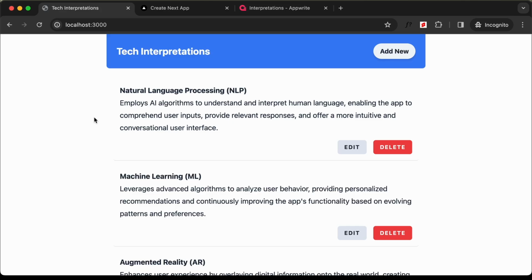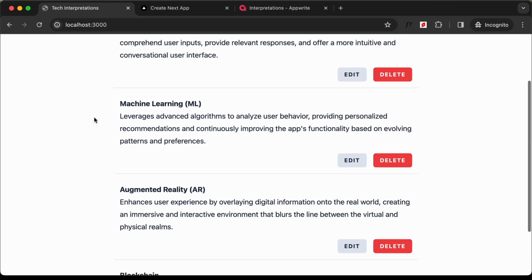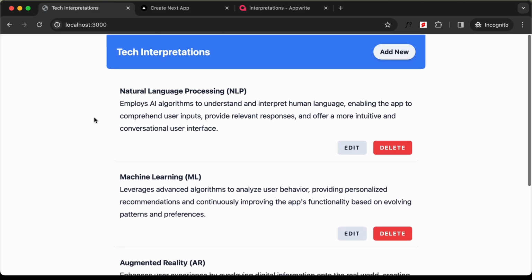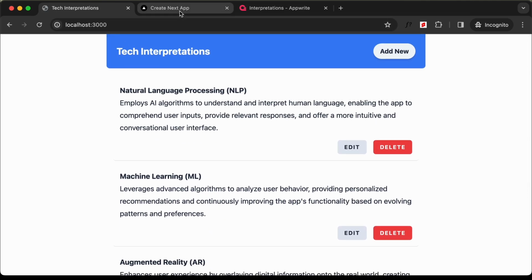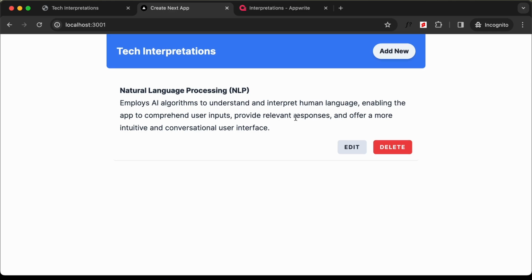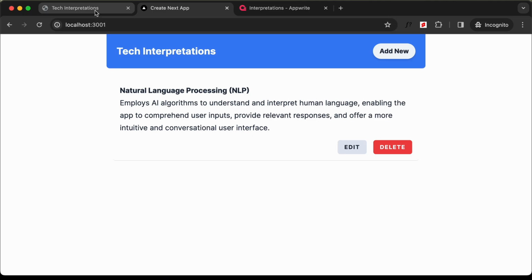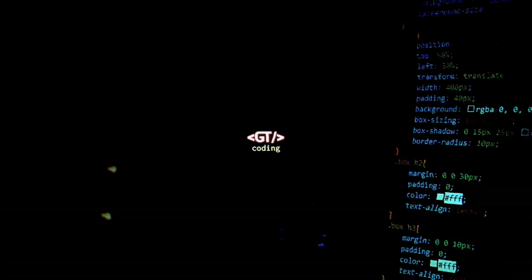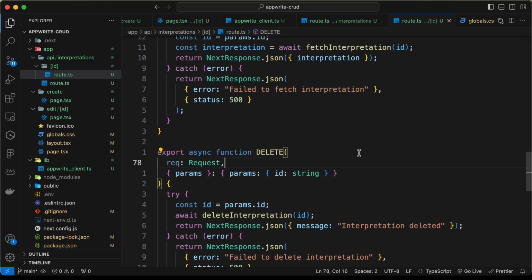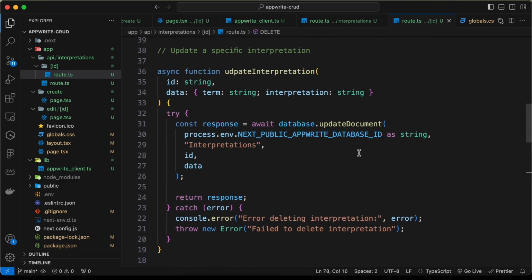In this tutorial series, we are creating this simple CRUD application using Next.js and Appwrite. Now in the previous video, we created the UI of the application and this is how it looks. Now in this video, we will start connecting the front end to the API. So let's get started. Right here, I'm in the source code and let's start by writing the code for the